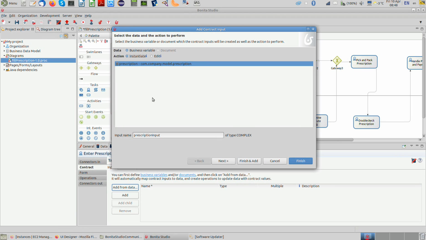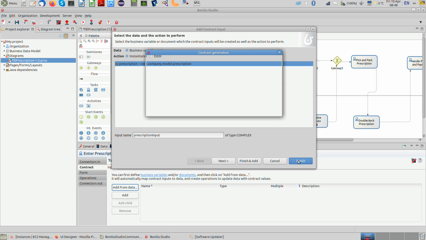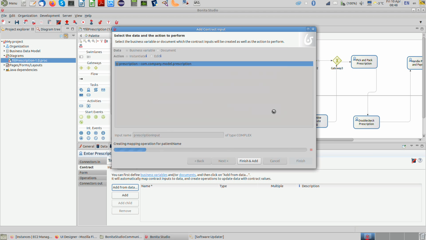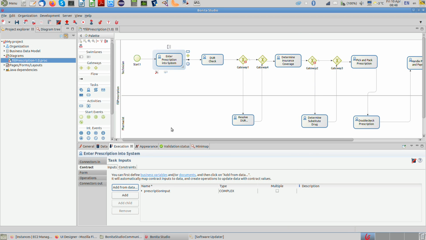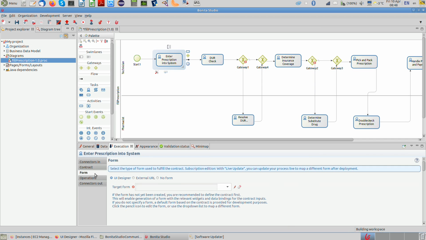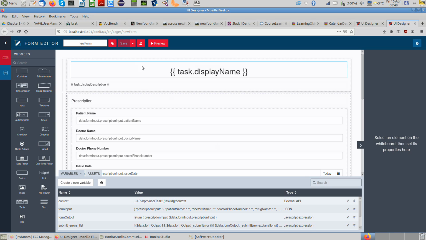And because this is the very basic version of our process, we are not going to do anything else here and simply say finish. We will let Bonita automatically do most of the work. We need a form, and again, in this very basic version of the process, we will not do anything to the form. Enter prescription